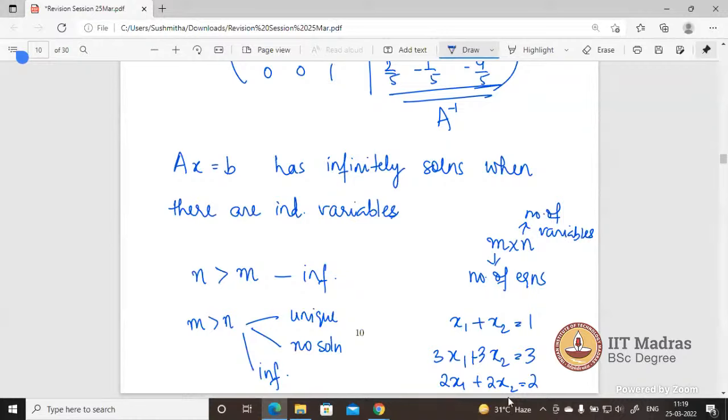We can also check for infinite and unique solutions: if a1 by a2 is equal to b1 by b2 is equal to c1 by c2, then we have infinite solutions, and if a1 by a2 is not equal to b1 by b2, then we say it is a unique solution. Those are actually giving a geometrical meaning: their slopes are the same, which means they are parallel lines and all that. For the example that you have taken here,